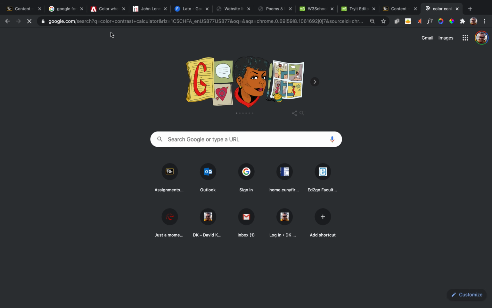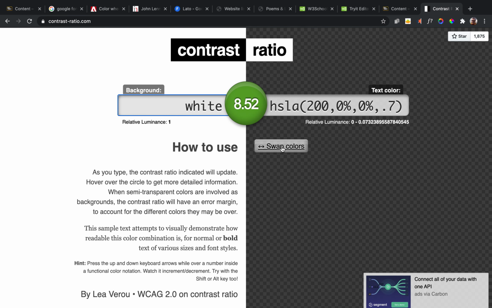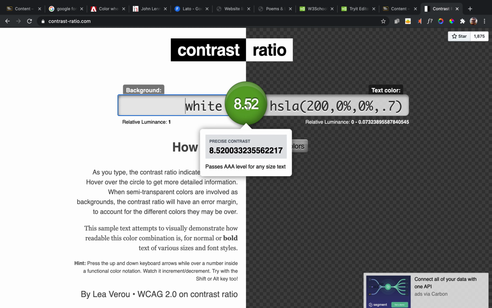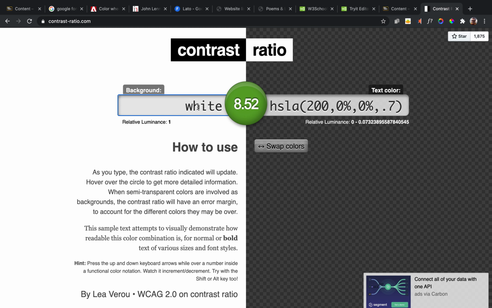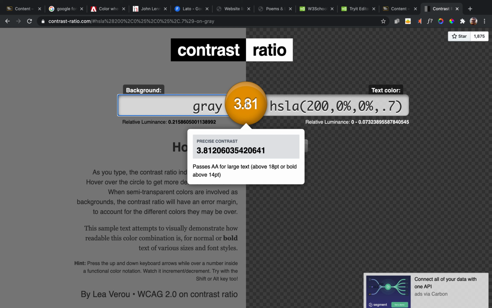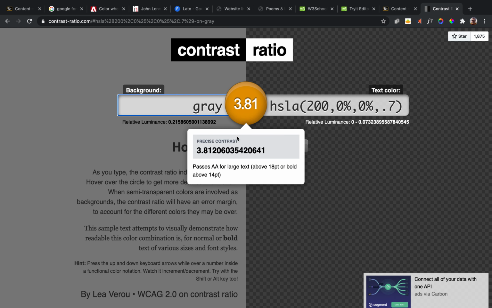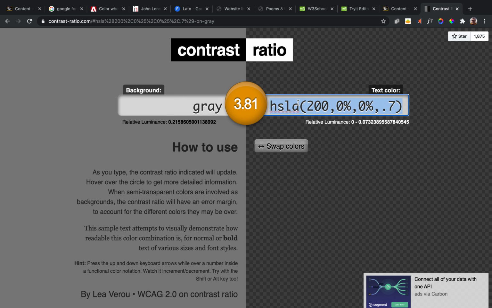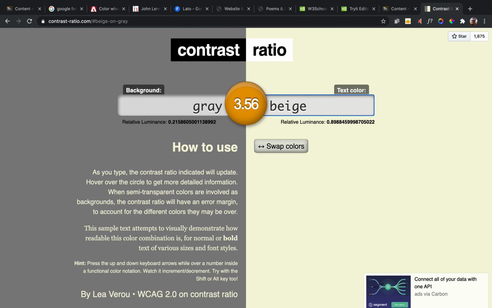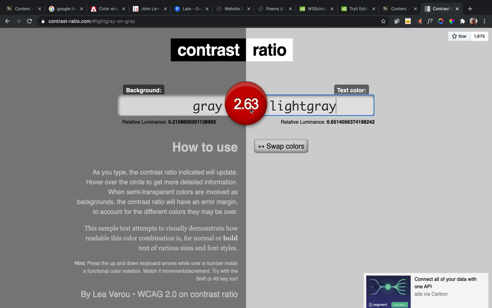Color contrast calculator. There's different ones. This is the one I like, contrast-ratio.com. This is going to tell me whether or not my color scheme is going to meet the requirements for accessibility, or whether or not it will flunk those color contrast rules, or even do worse than flunk. Utterly flunk,